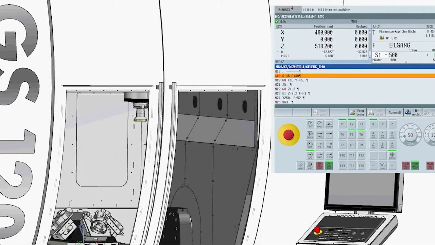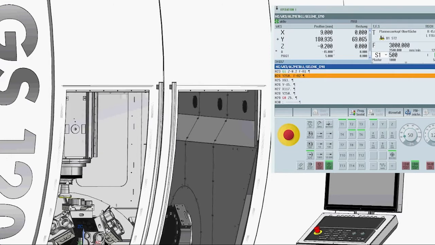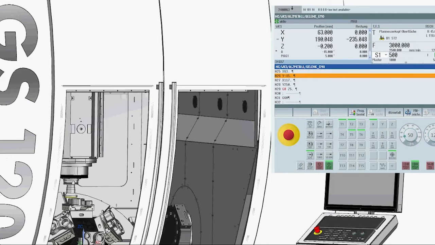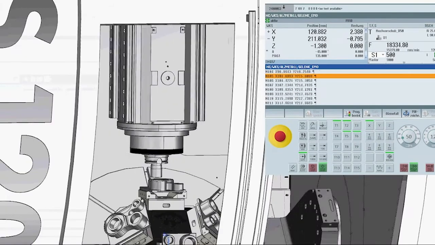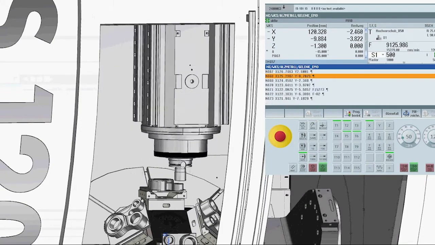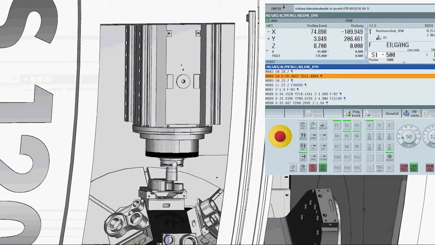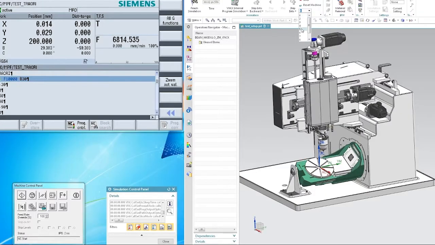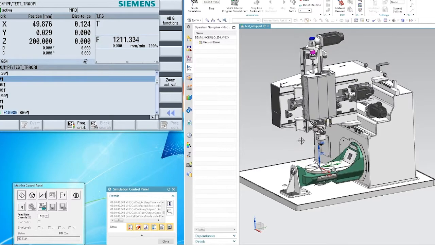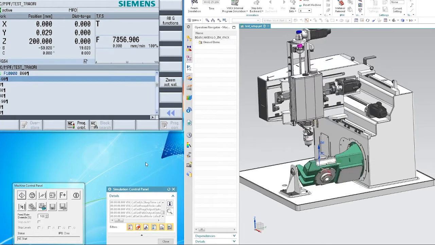Similarly, your people can learn how to program and operate the machine virtually, even before it arrives or without interrupting normal production. You can use the 3D variant to verify your machining process to assure the reliability and productivity of your new machine. Cost savings and speed to market improvements can also be gained by virtually optimizing the machining process